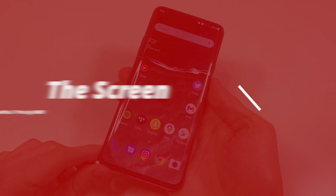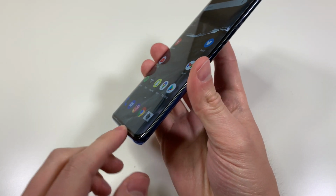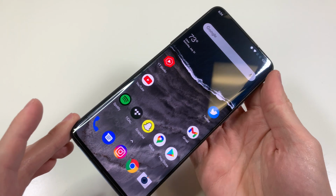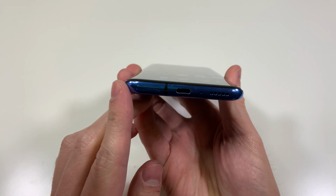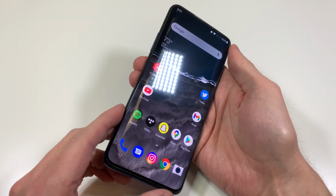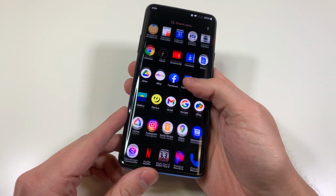While the screen is starting to show its age when compared to modern day flagship phones, this is still an amazing screen. By the way, this is actually the same screen as the OnePlus 7T Pro. This is a curved 6.67 inch 1440p fluid AMOLED display with a pixel density of 516 pixels per inch and a 90Hz refresh rate. As for the image, it actually looks amazing, and the 19.5:9 screen ratio fits the phone